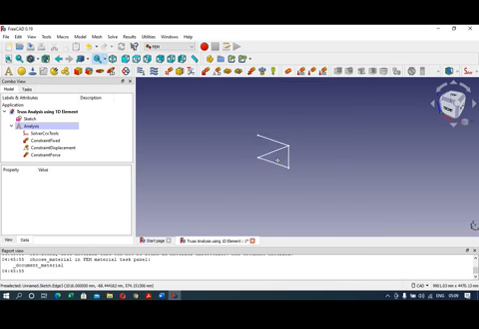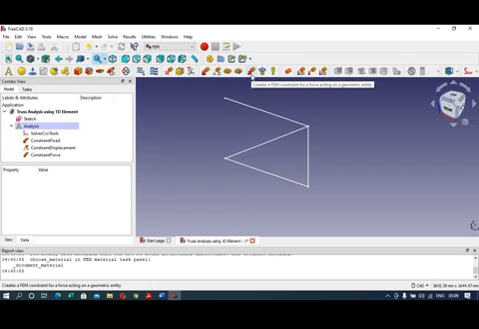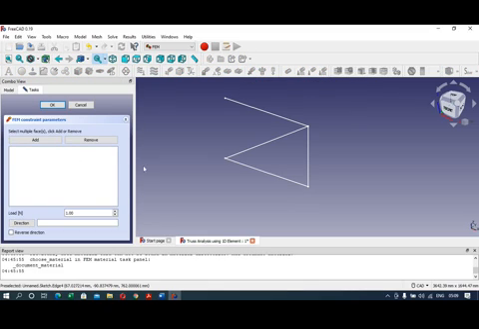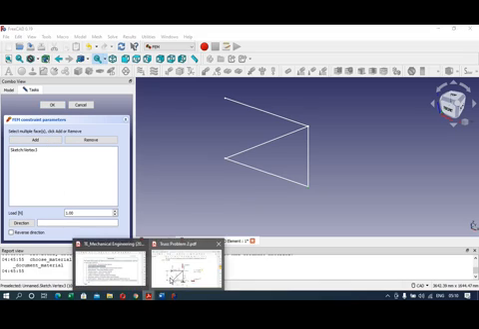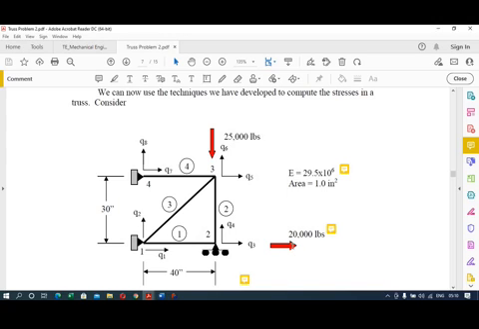So now next is here at the node number 2, the load is acting along the positive x-axis. So again we will select this button, create a FEM constraint for force acting on geometry entity, then select this node number 2, then add, and the magnitude of the load is 20,000 lbs, which is 89 kilonewton.